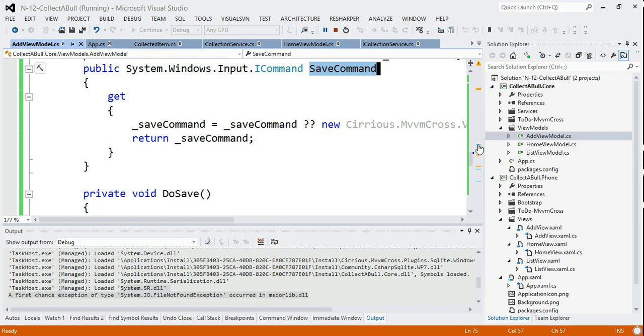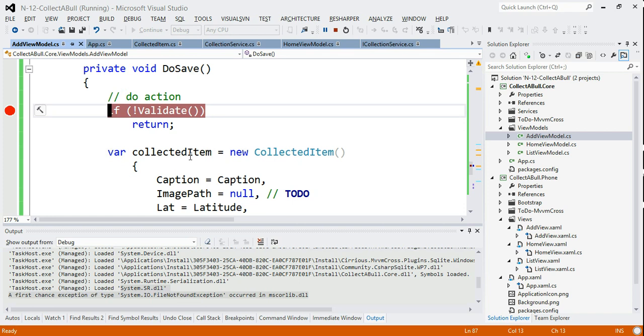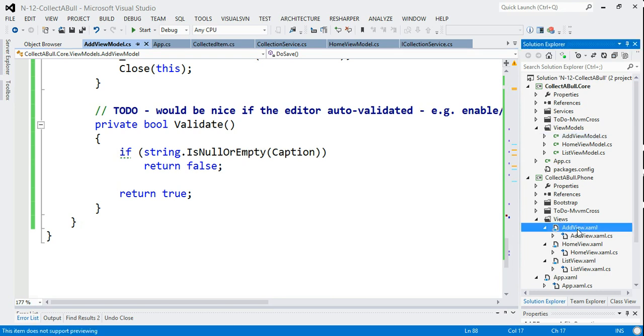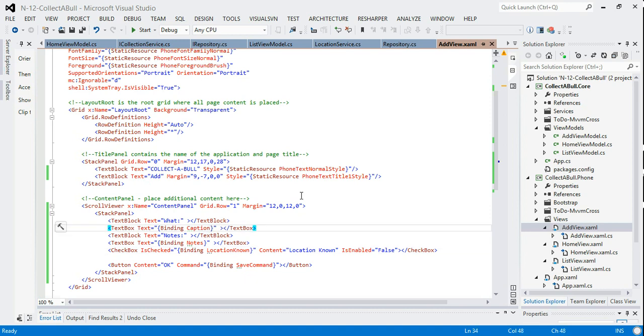And what we'll do is we'll put some breakpoints in and see whether or not things are happening. So let's put a validate in, and let's try again. So we hit our validate button, and we are failing to validate. So it looks like caption isn't being set, and there's a very simple reason for that, and that's because we are in Windows Phone, and we know that when we do binding in Windows Phone and in any XAML, you always have to put mode equals 2-way,